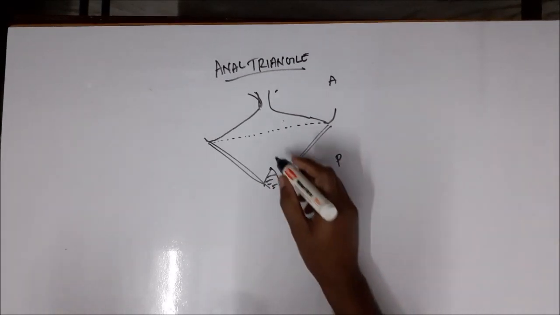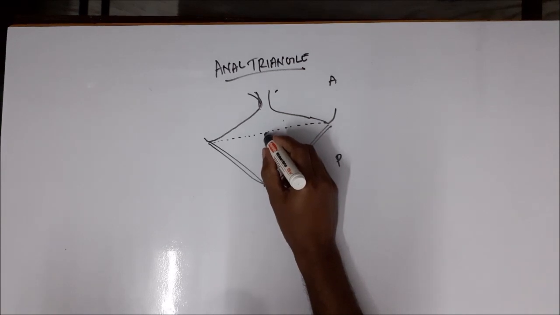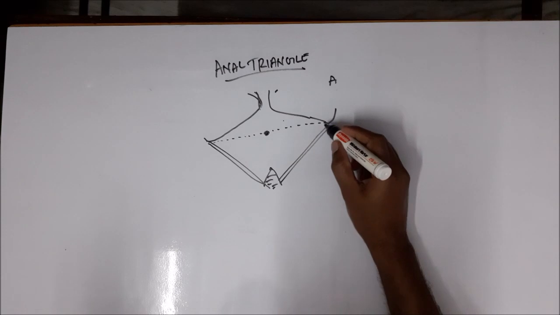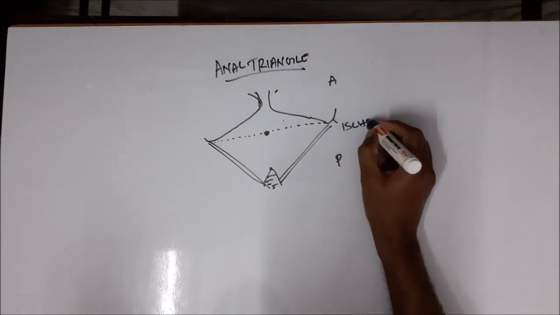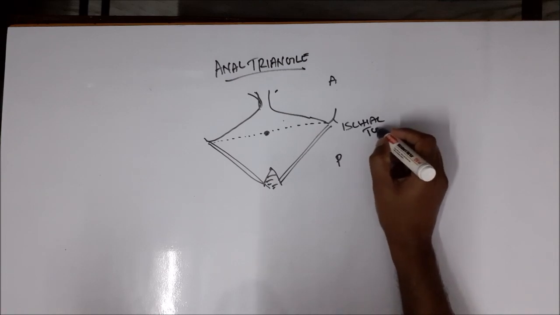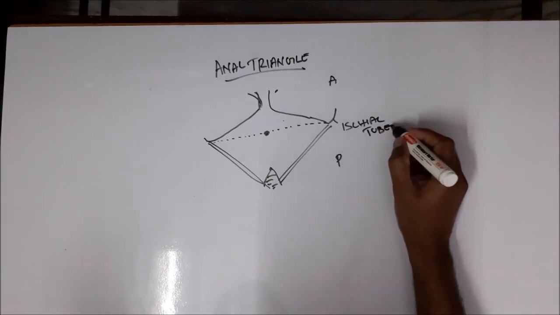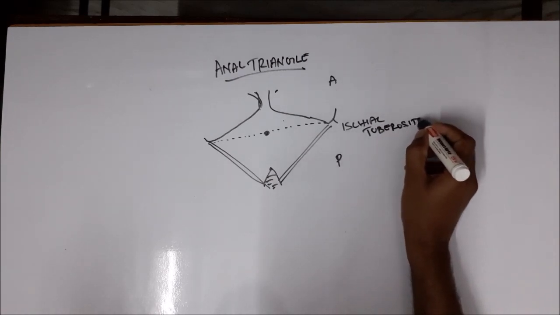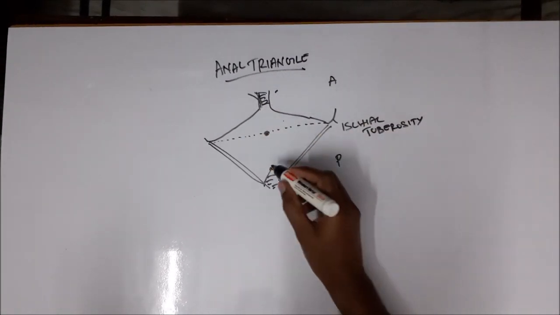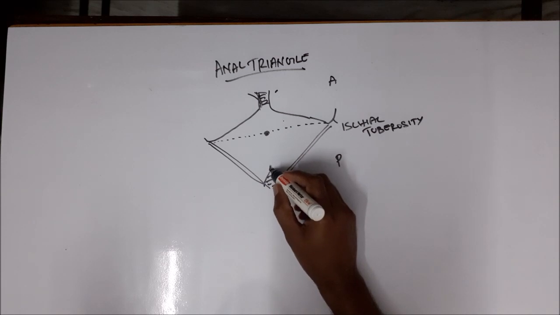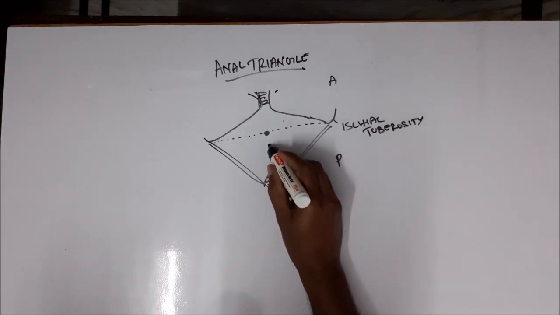So we'll be seeing this anal triangle. So in this, what are the parts? This imaginary line between the two ischial tuberosities will be dividing the perineum into the anterior urogenital triangle and the posterior anal triangle. In the anal triangle, what are the parts? We'll be seeing